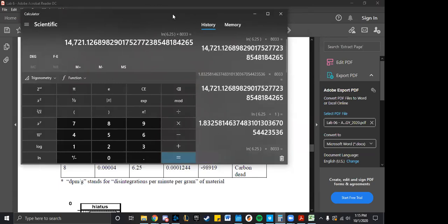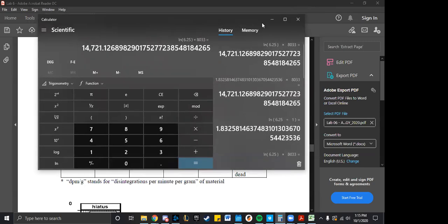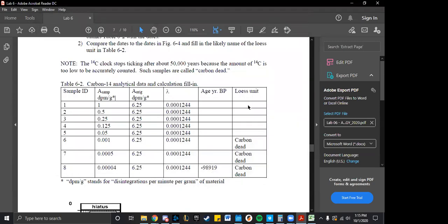Okay. And you said it would be the age year, right? So how do we find the lowest unit? I don't know how to pronounce it. I'm not entirely sure. Let me check my notes. For your age year, did y'all just put 14721.12? Yeah, that's what I did. Okay. She didn't say anything about how she wanted it, so